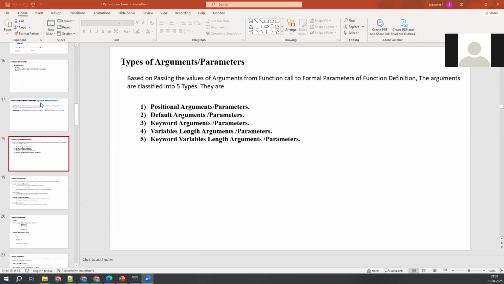In the positional arguments, how many parameters you define in the function definition, that many arguments we need to pass. That too, mandatorily we need to pass. We cannot skip even a single parameter. That is what we have seen in the positional arguments. Okay. So in the default arguments,